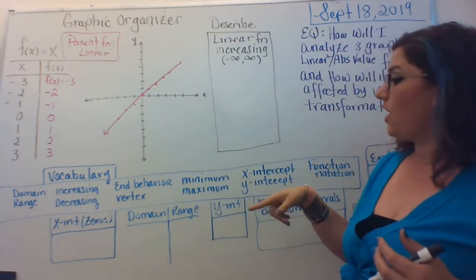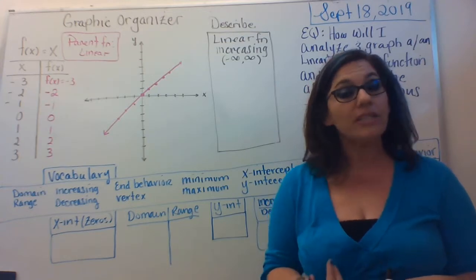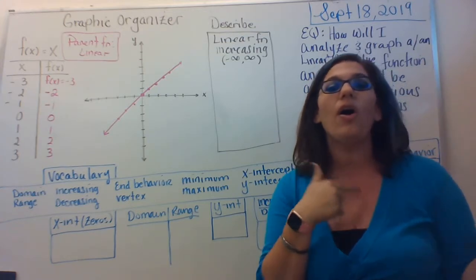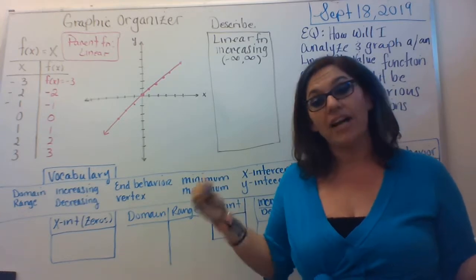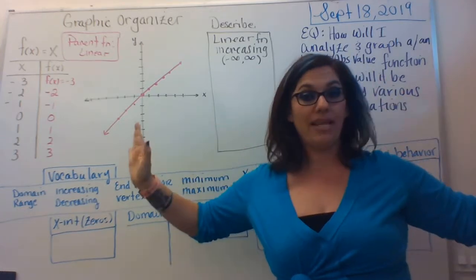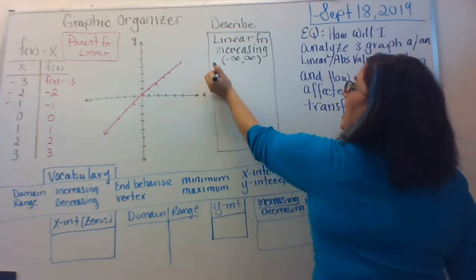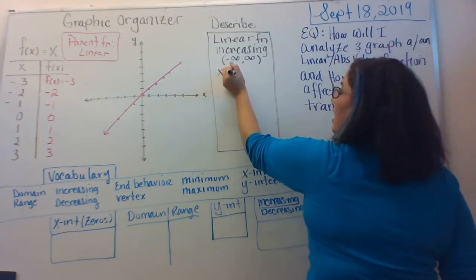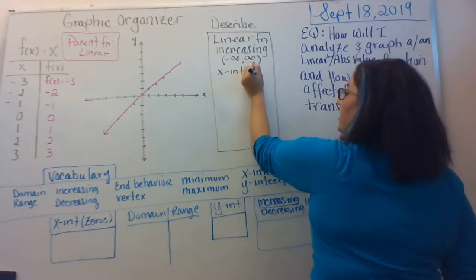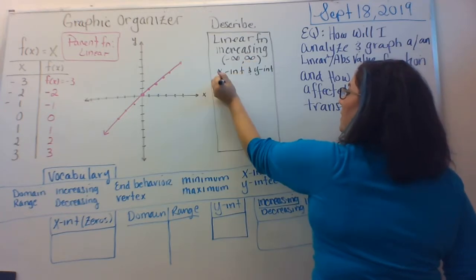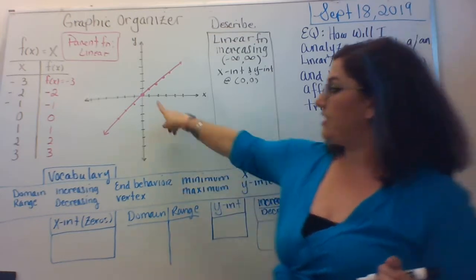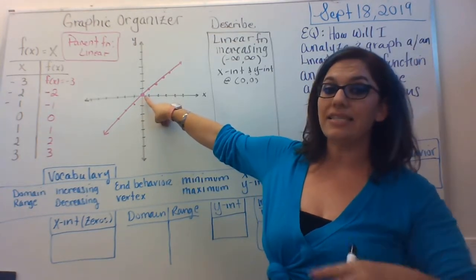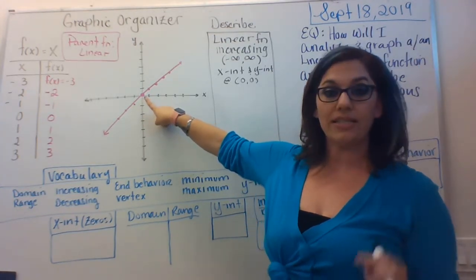Up next, I want to talk about where its x-intercept is, where its y-intercept is. You're giving me all these descriptions, so if I never saw the picture, I could actually go and graph it without ever knowing anything about it. So you would tell me it has an x-intercept and a y-intercept at the origin, at (0, 0). And that's this right here. You can see where it crosses the x-axis and it crosses the y-axis, and it crosses in the same location,